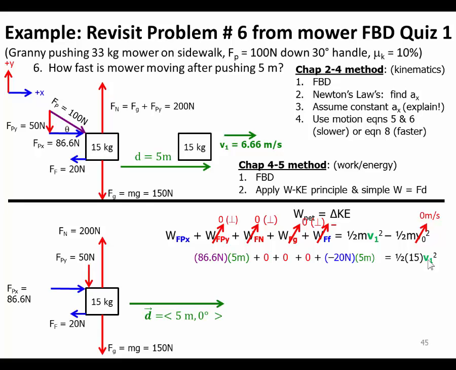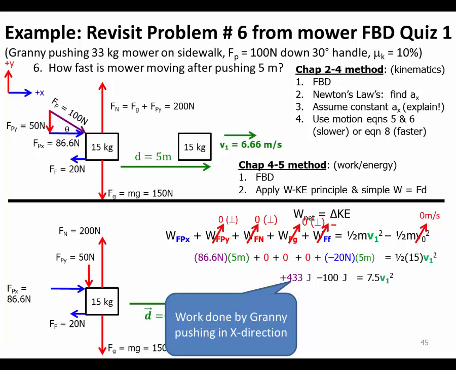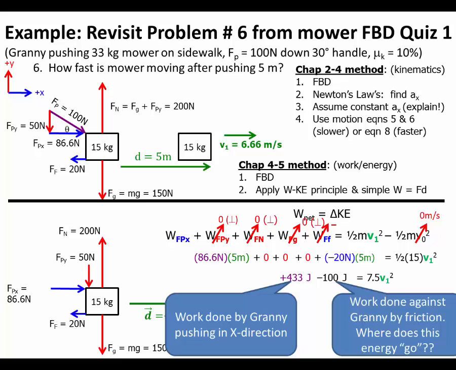When I'm doing work formulas and energy calculations, I like to plug in numbers because, as you can see in this next step, I actually get to see how many joules of energy are contributed by each force. If I were to start canceling out variables and moving things around, I wouldn't have as much visibility into the work done by each component. So this is nice to have. And we can see that there is 433 joules of work done by Granny pushing,